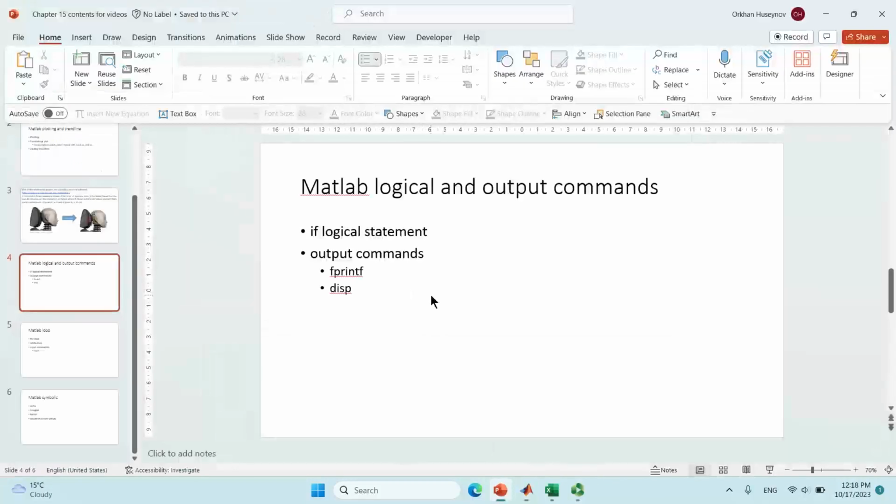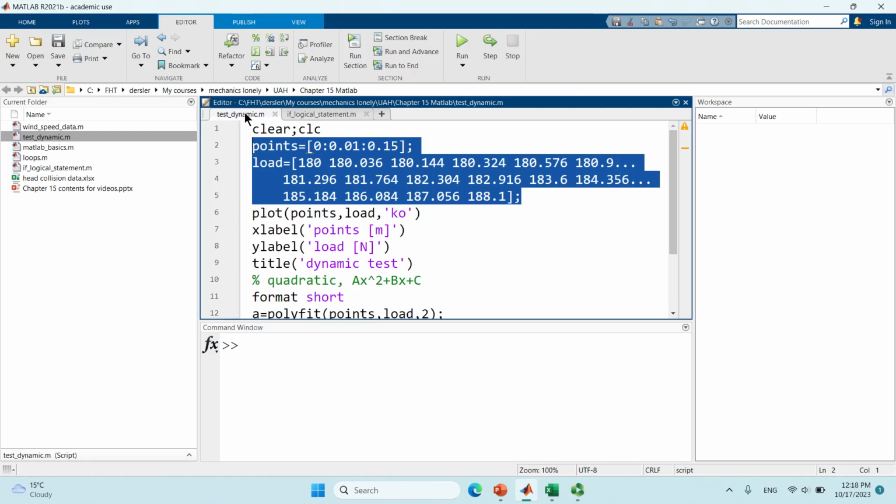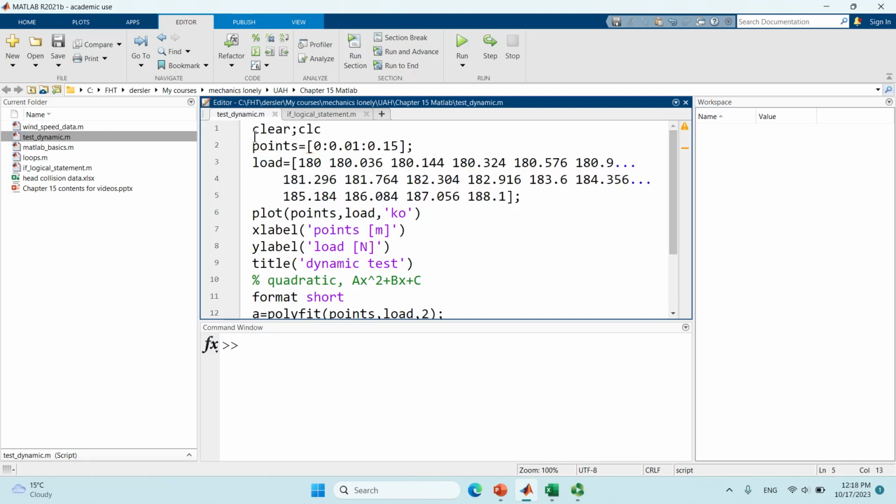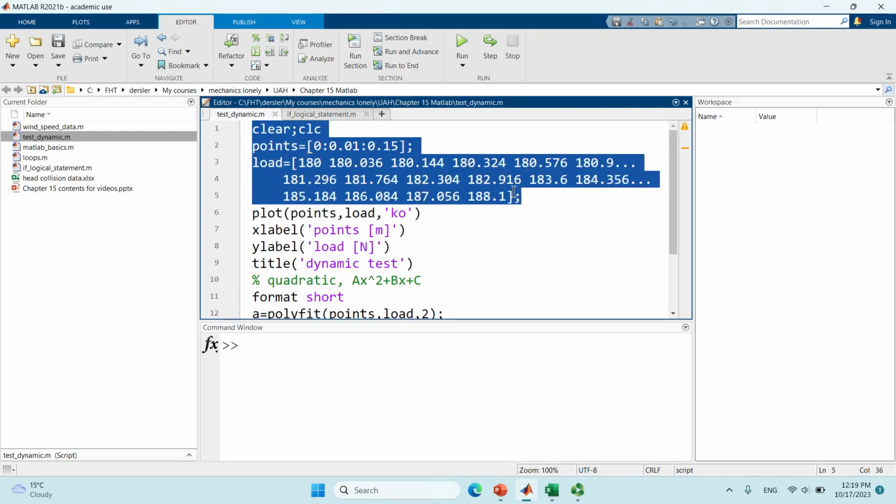Hello everyone again. In this video I will talk about the logical statement and output commands in MATLAB. First I will talk about the if logical statement and then the output commands fprintf and display. For this one I will use the example that we have covered for the dynamic tests. I'll just copy and paste some parts of it